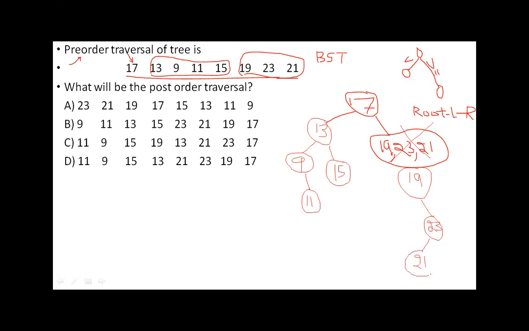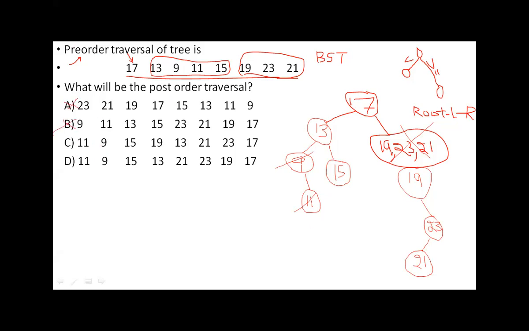Now this is the tree pattern, and if you traverse this tree using post order, going left to right then root, what is the shortcut? Go on picking out the left child, the left subtree leaf nodes. If you come to the left side, 11 will be the first node taken out. Next 9 will be taken out. So that means 11 and 9, which means C or D. So A and B are ruled out.